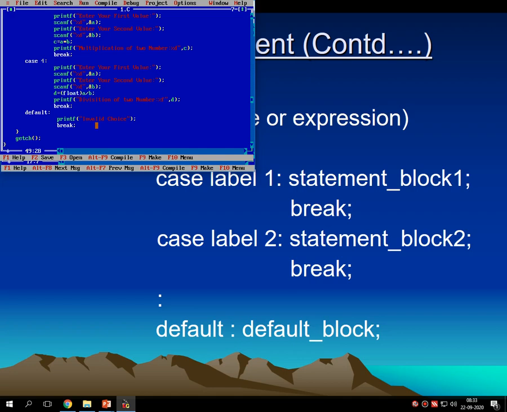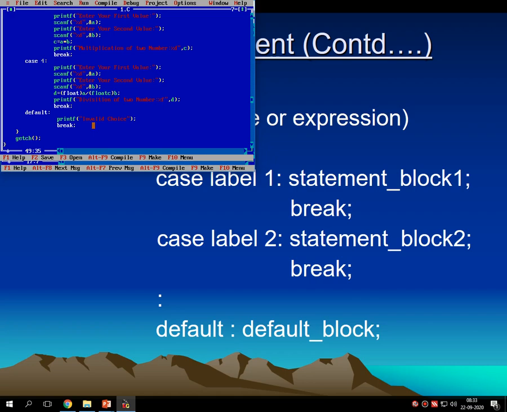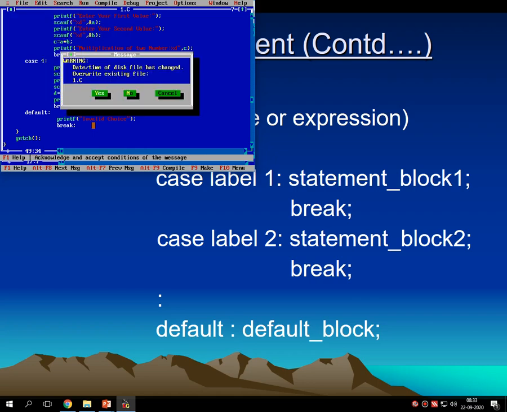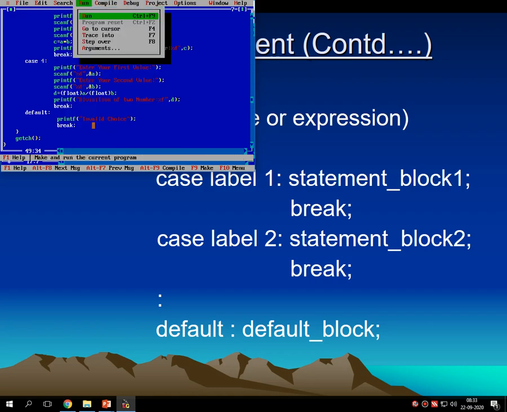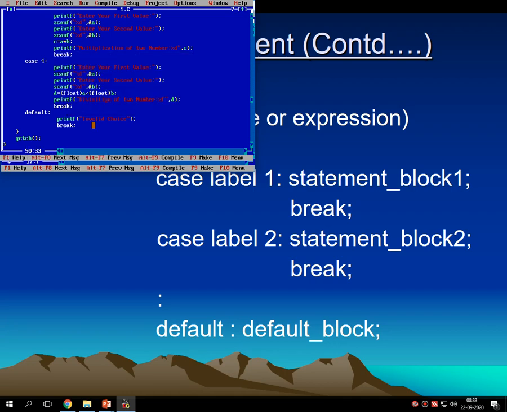Float, float. Here I have used the concept of typecasting. So choice 4, 1, 2, yeah, exactly 0.5. It works.